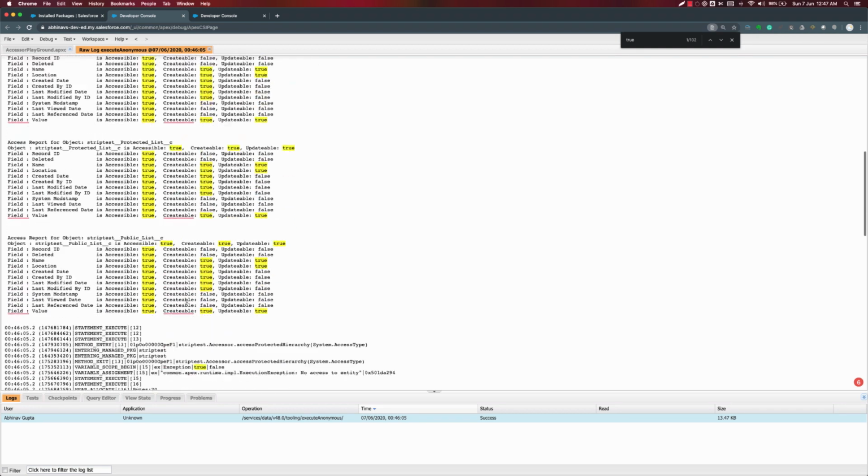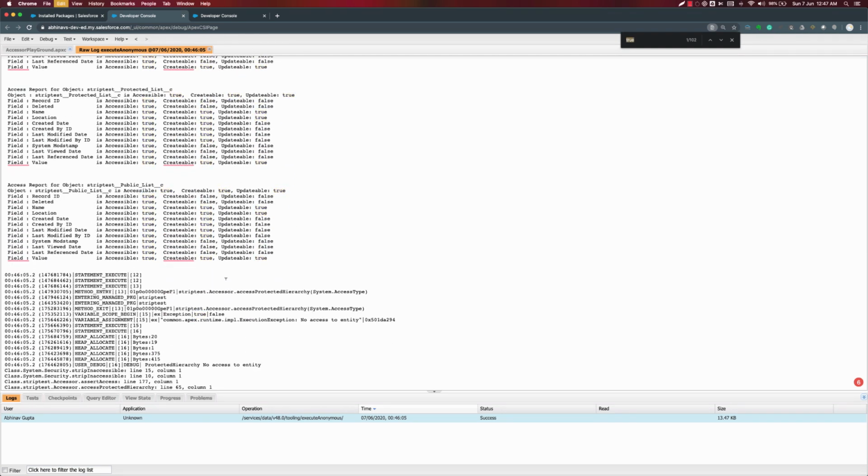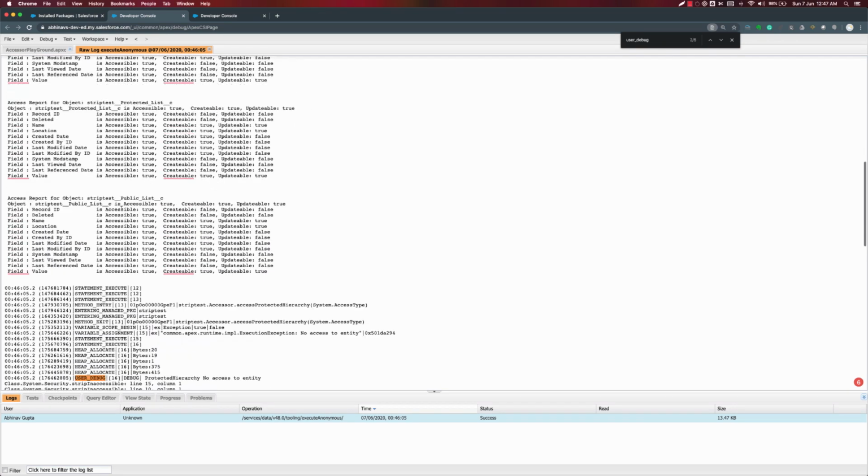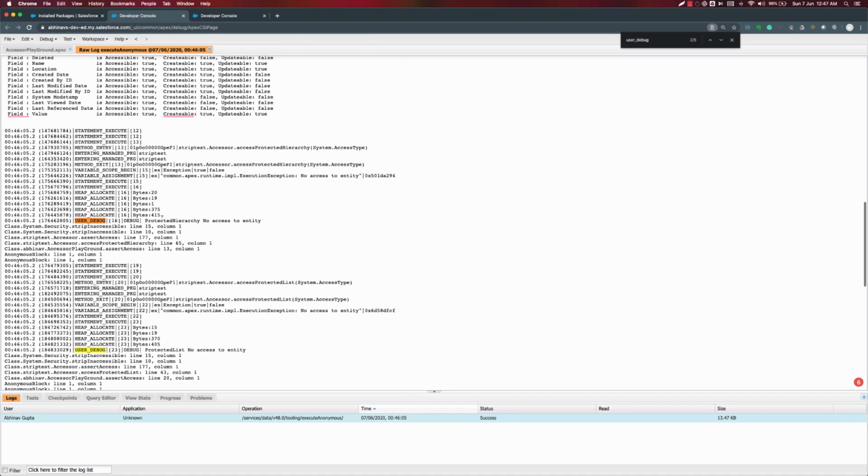So now let's just scroll down. Now let me find the user debugs again. So we are done with this report. Now if we go down in the log, see the first exception came: protected hierarchy has no access to the entity. This is the original exception message which is coming. I have not manipulated it at all.